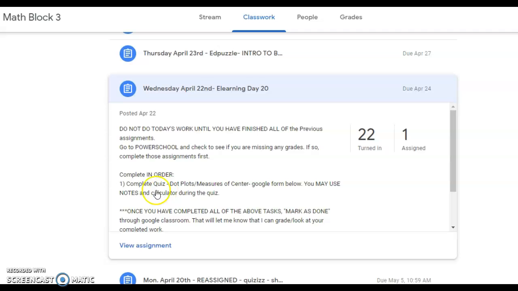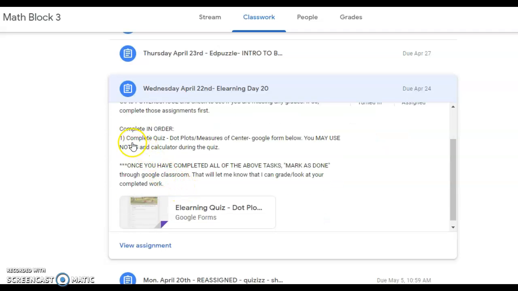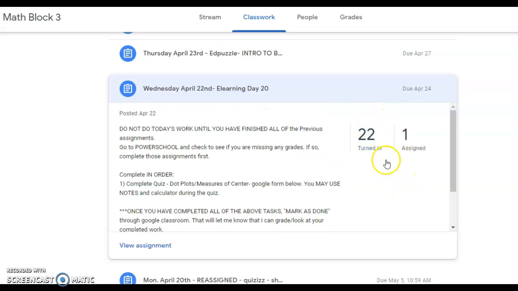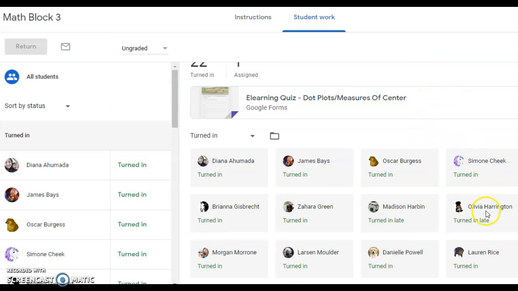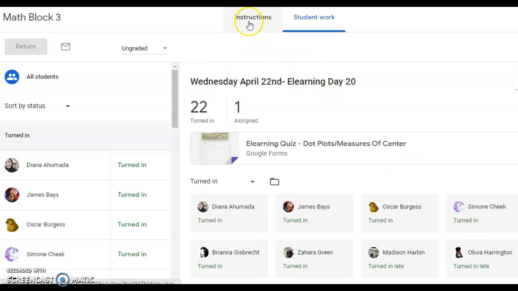And for this particular day, you only had one thing to do, and it said to complete the quiz on dot plots, measures of center, Google form below. You may use your notes from anything that you've done previously and calculator during the quiz. So let's see if you turn this in. Okay, so there again, you clicked on Mark as Done in Google Classroom, but if I actually click on the Google form,